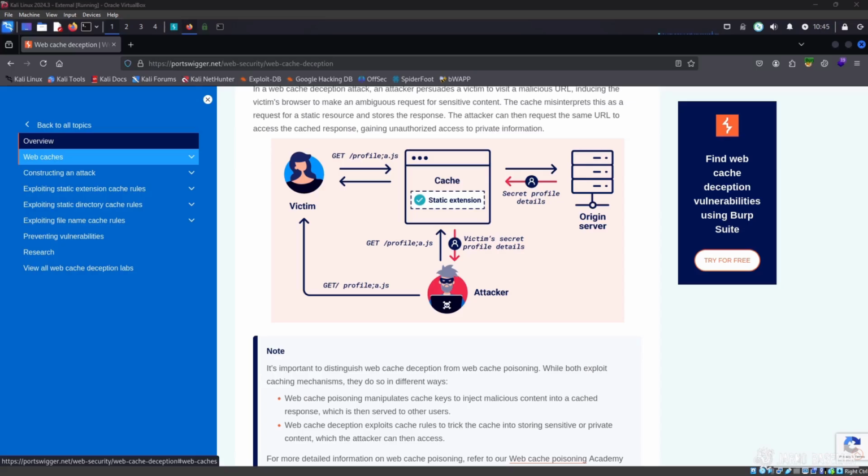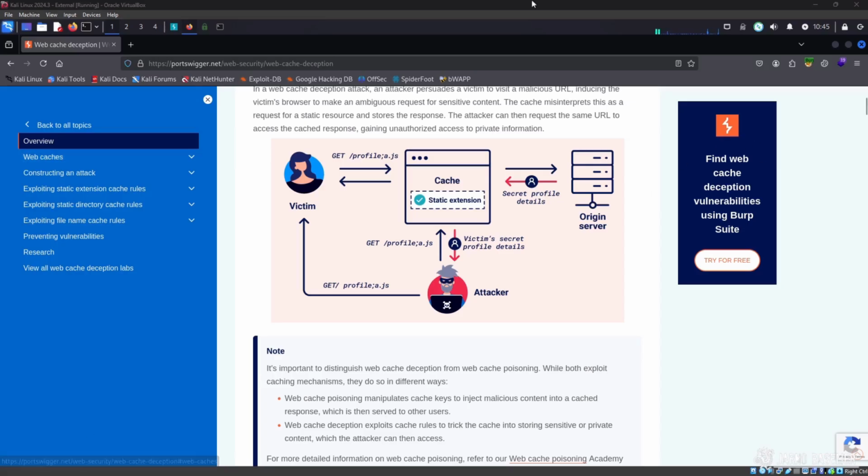If the cache contains a copy of the requested resource, we call this a cache hit, it serves it directly, avoiding the need to query the origin server. If the resource isn't cached, the request is forwarded to the origin server, which processes it and returns the response, often with caching instructions in its HTTP headers like Cache-Control, Vary, or Expires.